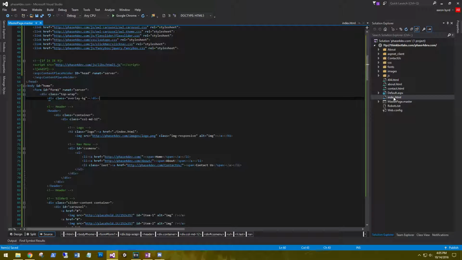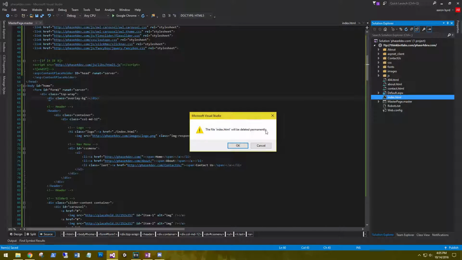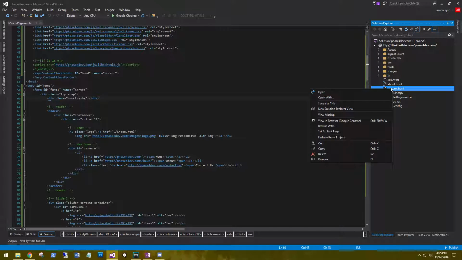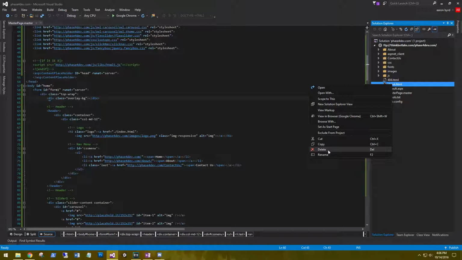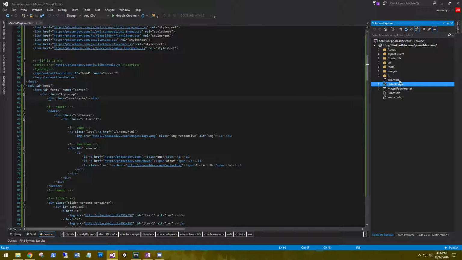So we can go ahead and delete the index.html. We have all of our code moved over. Okay. Contact. Let's go ahead and delete that. The about. Delete that. Okay, now we copied over the 404.html, and the 404 is an error message that we can present to users if something isn't found. Possibly they typed something wrong, or just found themselves having server issues. There's a lot of different codes that you can present for the errors. I'll put a link in the description for different error codes, and we'll get to that later, but for now